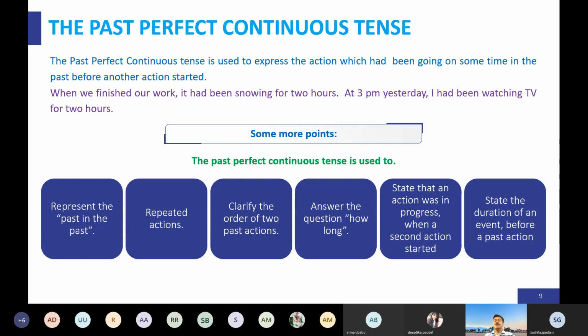So these four we talked today. Simple past, past form of verb; past continuous, was, were and ing form; past perfect, had and past participle form of verb; and past perfect continuous, had been and ing form of verb. These four aspects of tense today we did. So from this it is